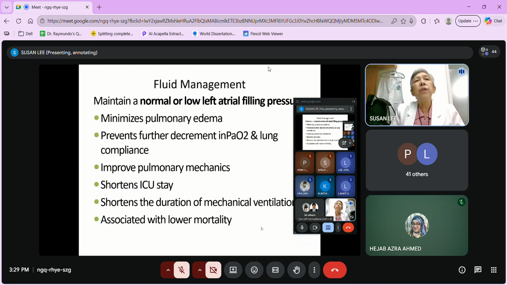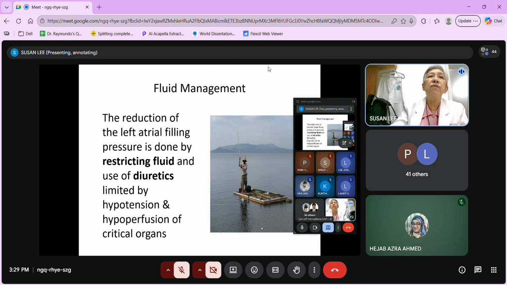Okay, if we minimize pulmonary edema, we can improve the pulmonary mechanics, shorten ICU stay, shorten durations of the mechanical ventilations, and this is also associated with a lower mortality compared to an overload of your fluid. Okay, of course, we do not want to cause severe hypoperfusions, which may lead to multi-organ failure. So restricting fluid and use of diuretics can be used, but this is usually limited by hypoxemia and hypoperfusions